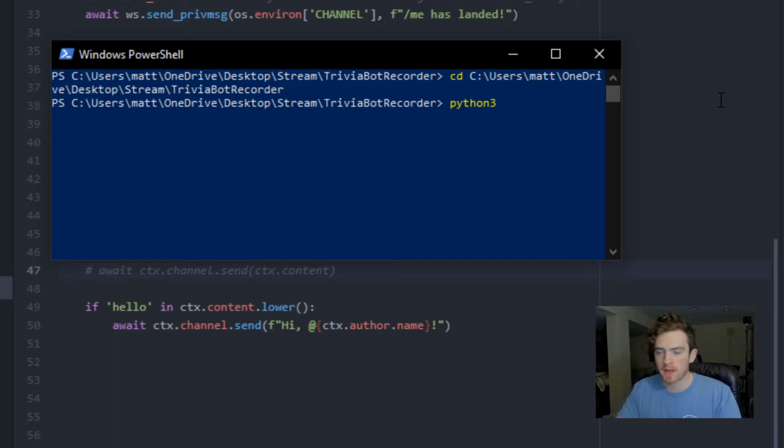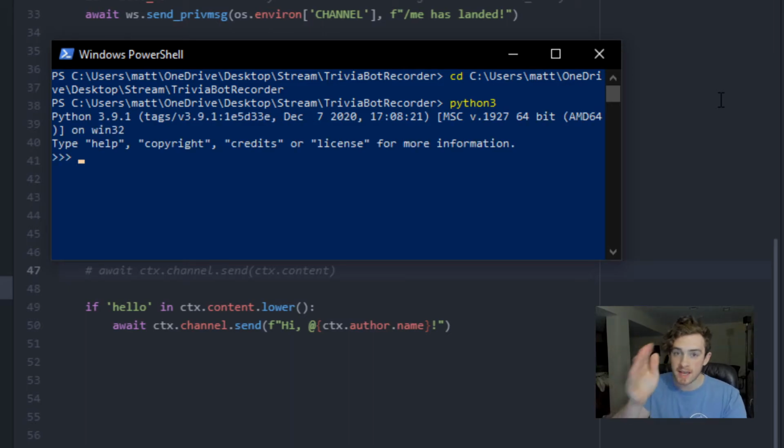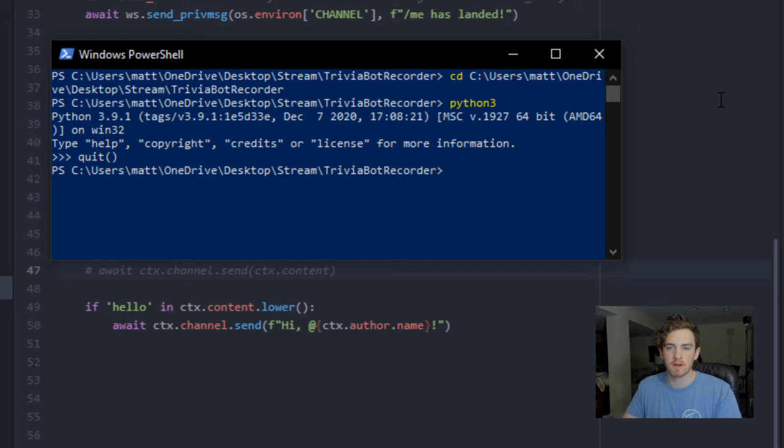So we're gonna write python3. You'll know if you have Python 3 installed correctly, because when you type python3 and press enter, it takes you into Python and shows you the version, like 3.9. We don't really need to be in here, so we're gonna quit right out of it. I just wanted you to know whether or not you have it installed. Luckily, Python 3 comes with a packager, mad easy: pip3 install